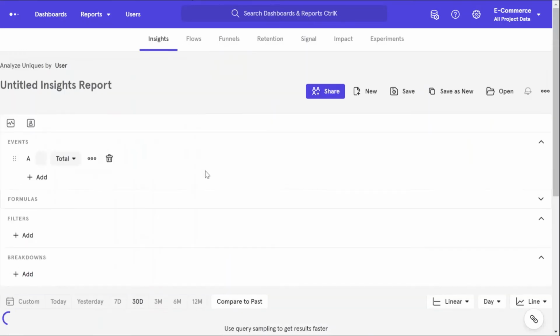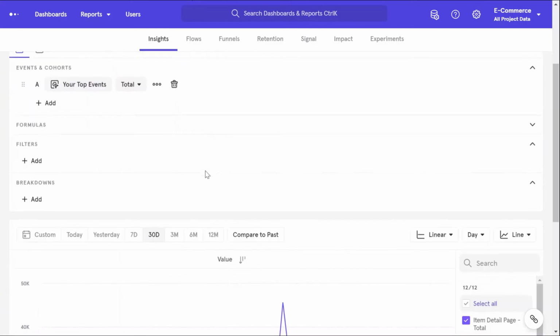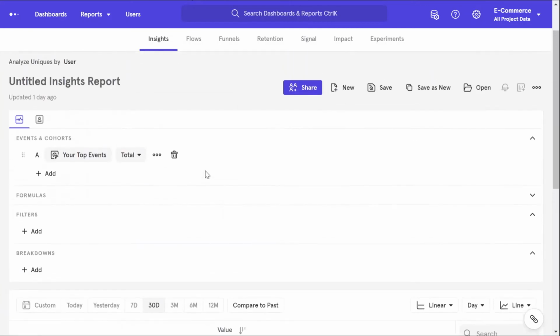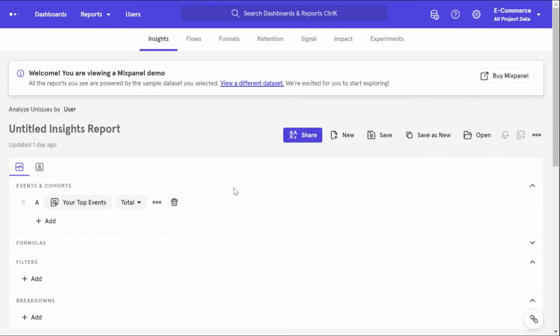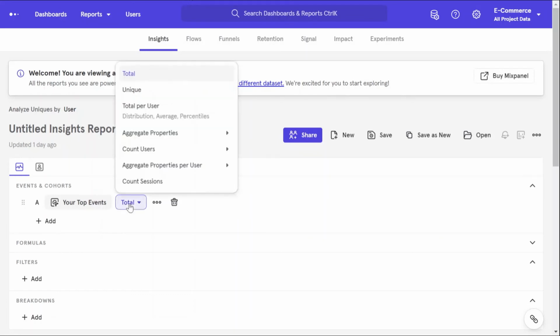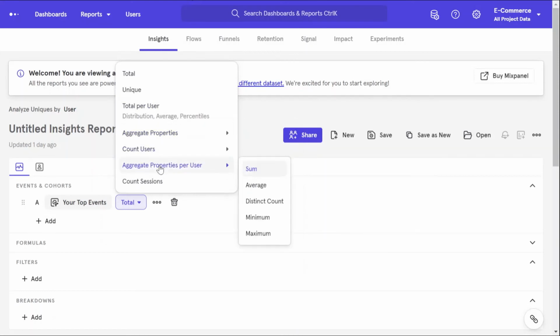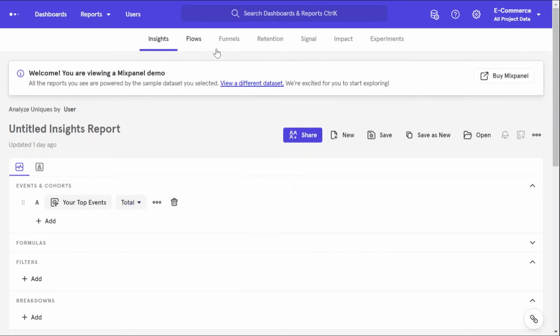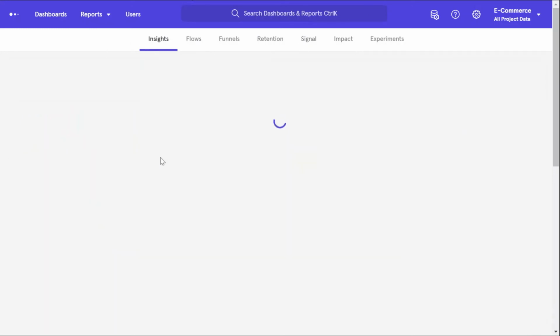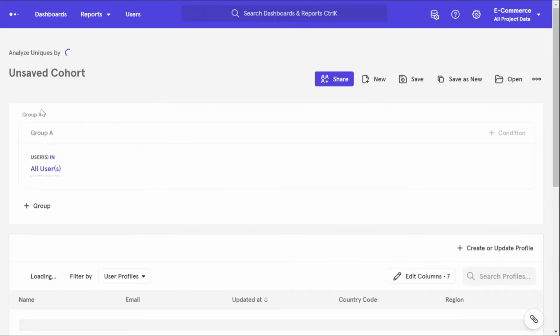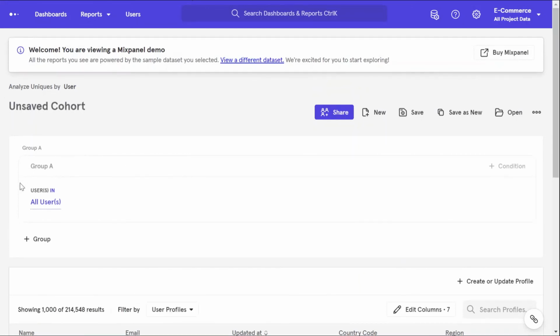Right. So I will not be doing any further demo on the product here. I would leave it to you to explore the features that we have not covered in our episodes. Specifically, you should see what are all the other options available here, like aggregate properties and aggregate properties per user. You should also check out flows reports and also some of these other ones that we have not covered. And you should not forget to check out the cohorts feature under the users tab, which by itself can give you a lot of interesting information, but which also helps you enrich the other reports that we have covered.